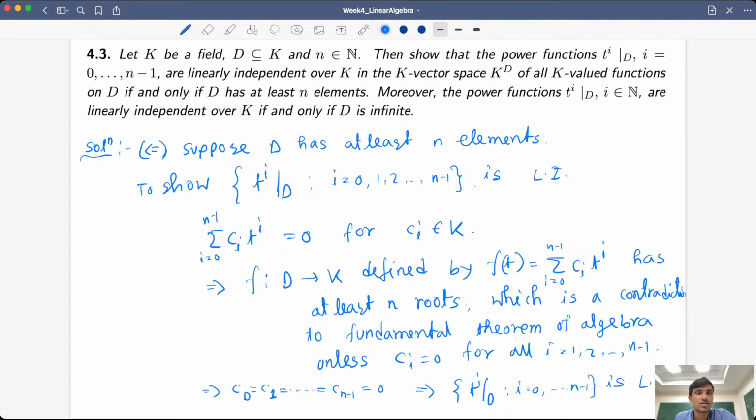Suppose it has less than n elements, then D has at least n elements. So for the contradiction I can assume that it has less than n elements, and on there I'll consider this function. So I need to show that it must be linearly dependent, then I'll be done, right? So okay,